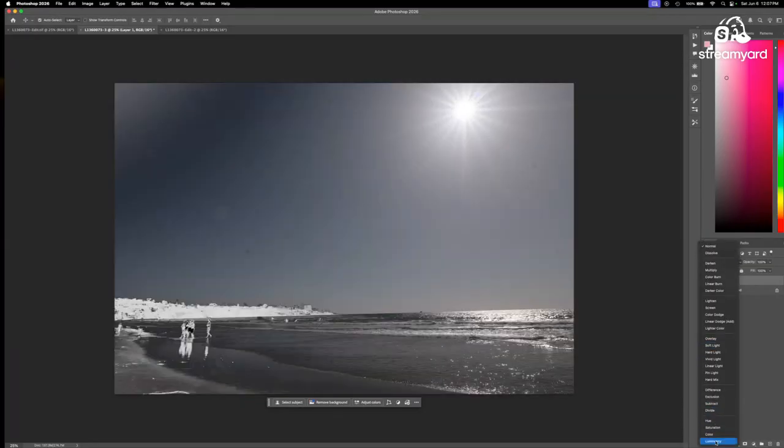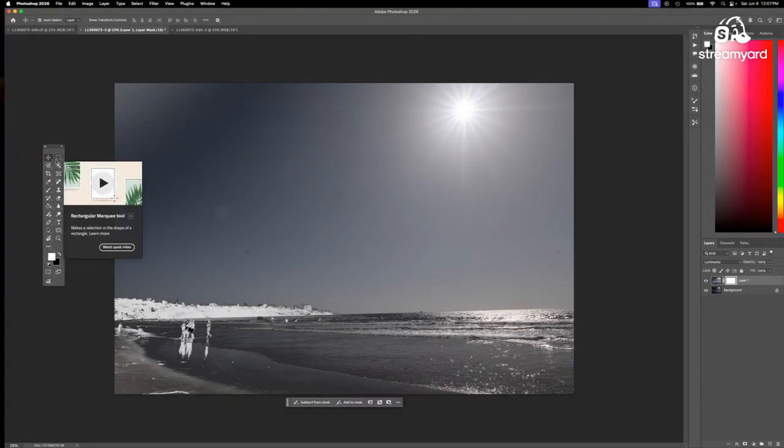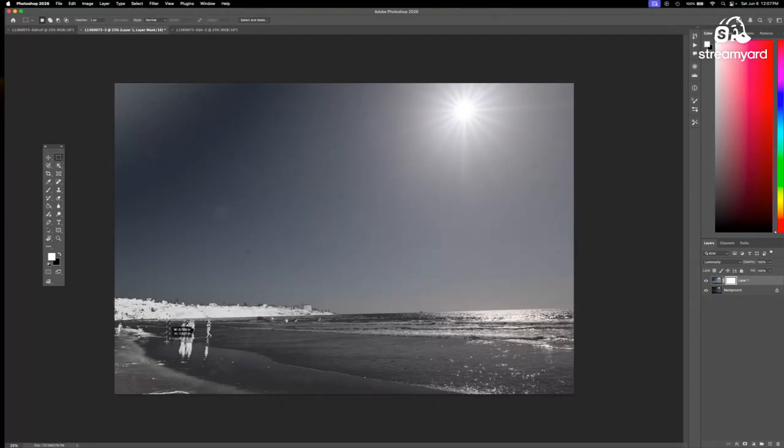Move to the luminosity blend mode. And so let's create a layer mask here. My tools are missing, so bring them over. I've just been using a square grab tool, so we can grab these guys and their reflection.